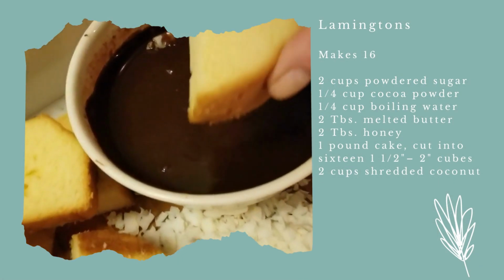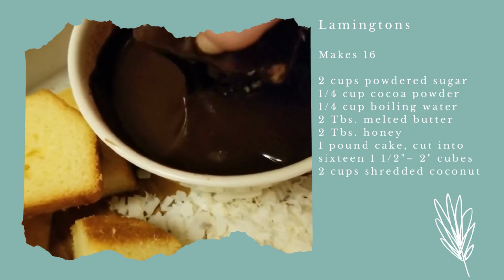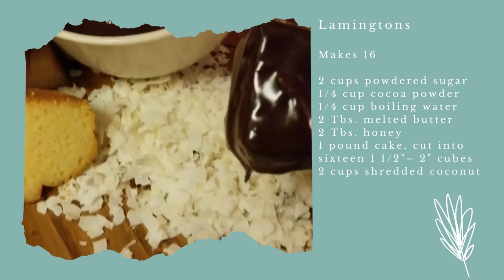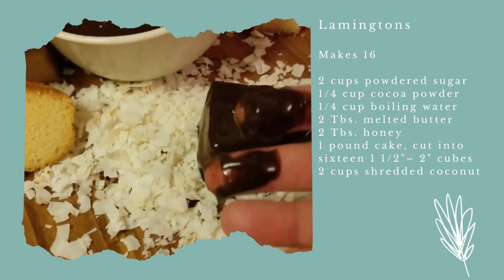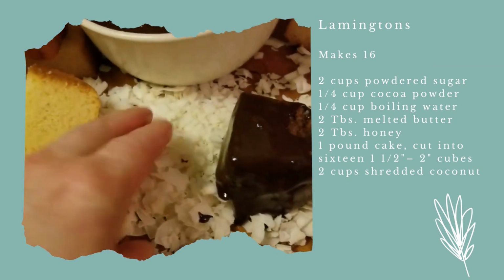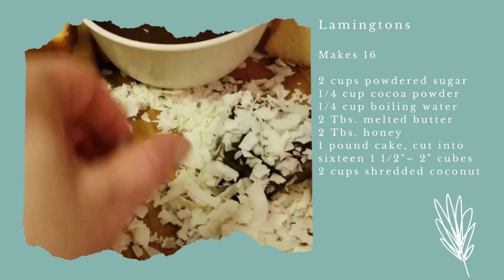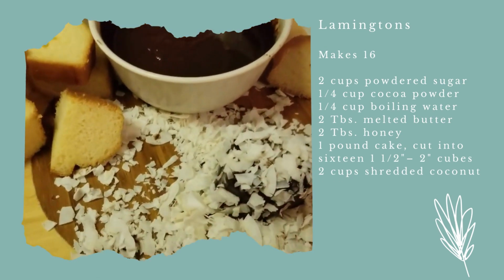All right, so take your pound cake, dip it into the chocolate ganache, place it on top of the coconut. Since I'm doing this with one hand, it's a really wise idea to switch hands. So I'm going to switch hands here. Yes, I've got chocolate all over my camera, but you know what? It was so worth it. There we go. And that way you don't get